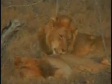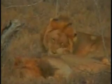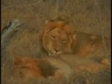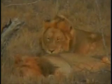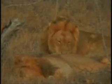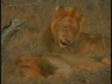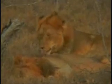It is just such a special moment, and it just kind of hits you every now and again, or almost all the time. I'm sure you all agree with me, Alex. Just to be sitting out here in the middle of the African savannah in a vehicle and having two beautiful male lions 15 meters away, and just being able to share that with everyone else out there, from the comfort of your chairs, wherever you are in the world, to be able to sit with us and see this happening live right now. This is happening right now